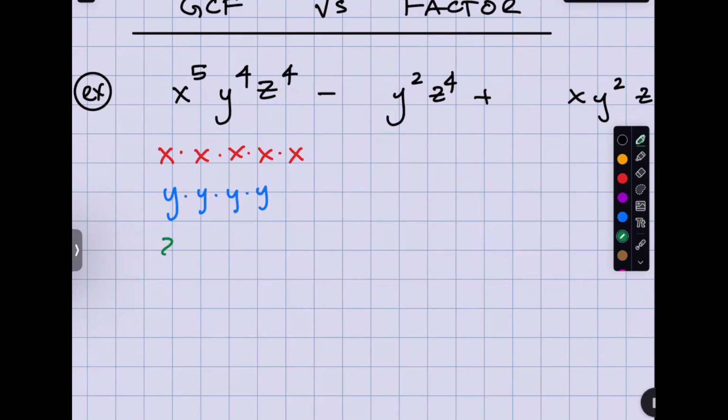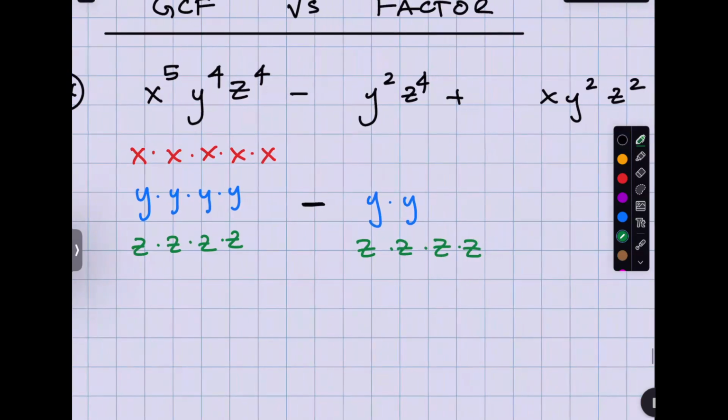And z, 1, 2, 3, 4. Minus, 1, 2, 1, 2, 3, 4. Plus